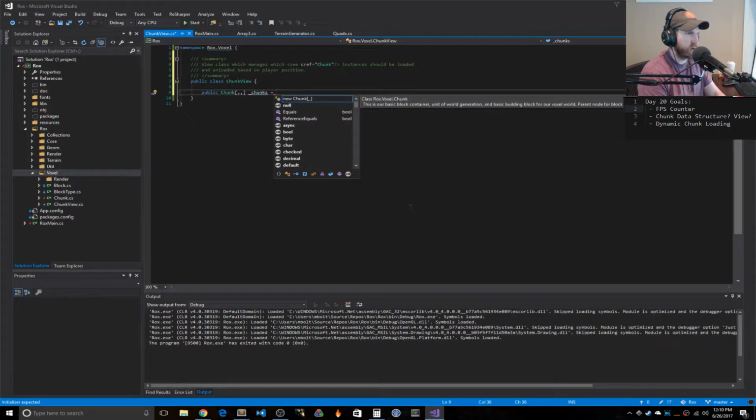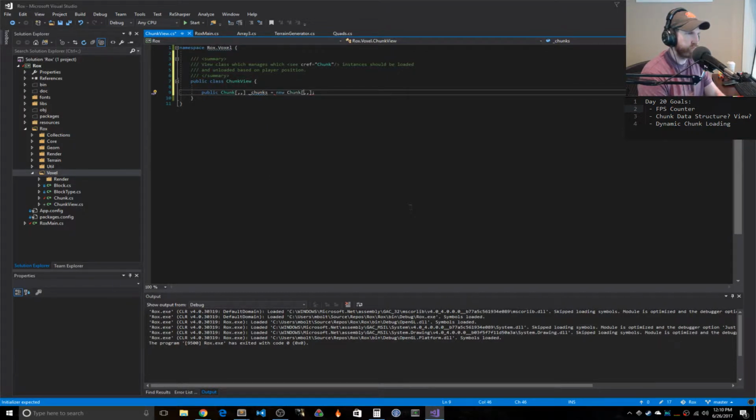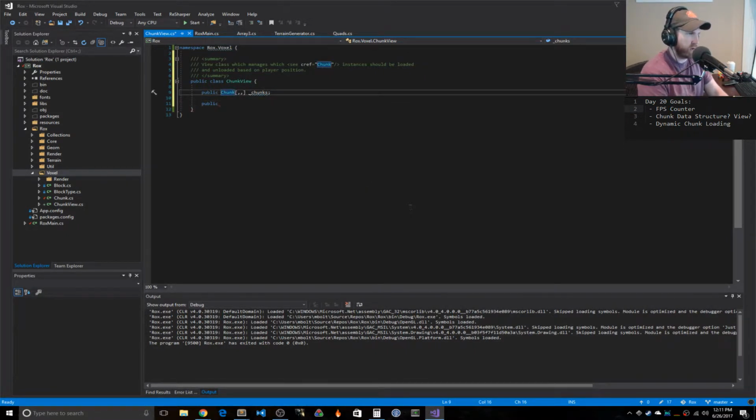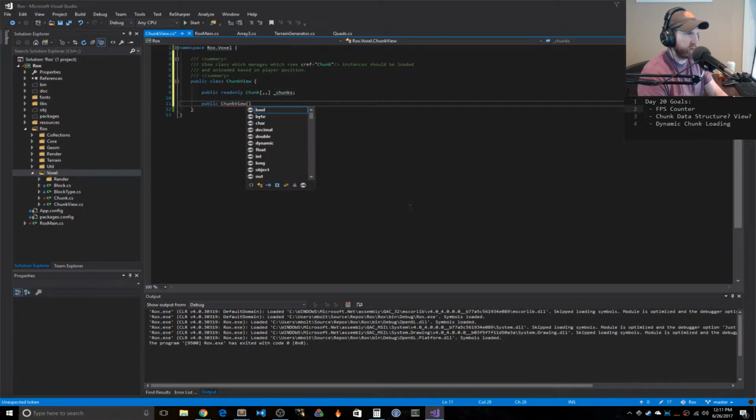Actually, let's make this customizable, but let's only allow it to be customized once. Let's make it read only, and let's do chunk view, and then let's make this thing accept